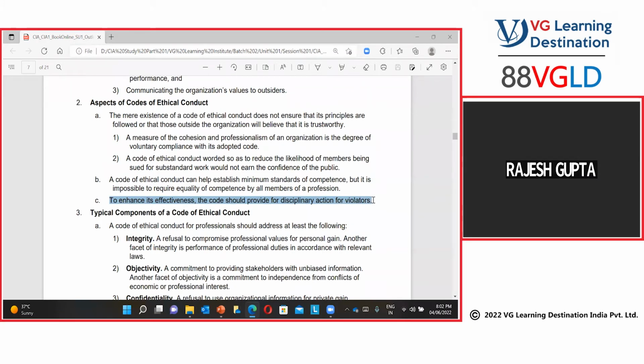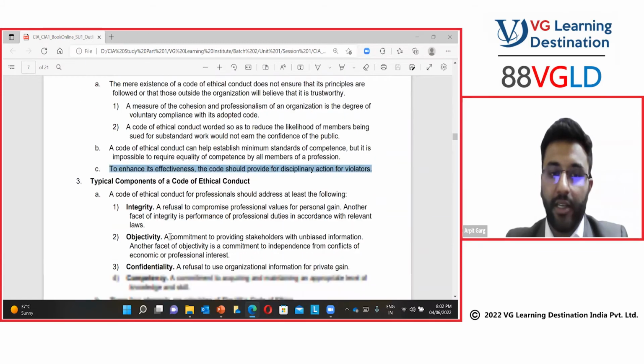Can you all read this line together? To enhance its effectiveness, can you all read this line together? It says